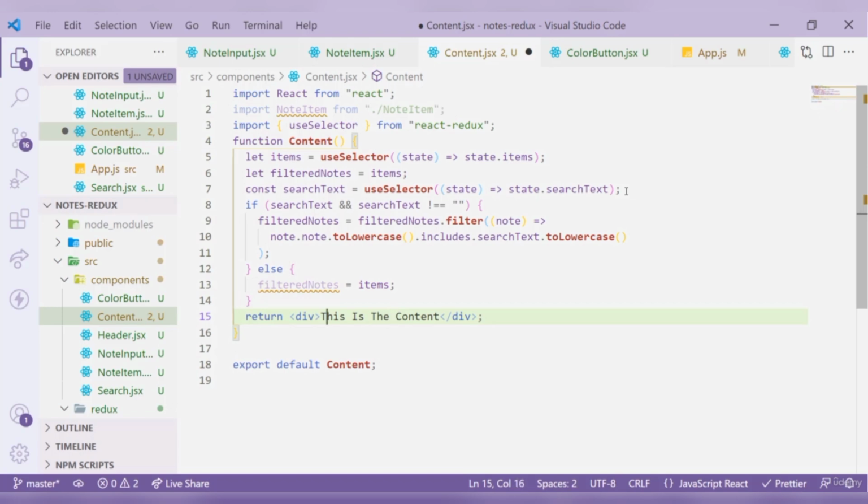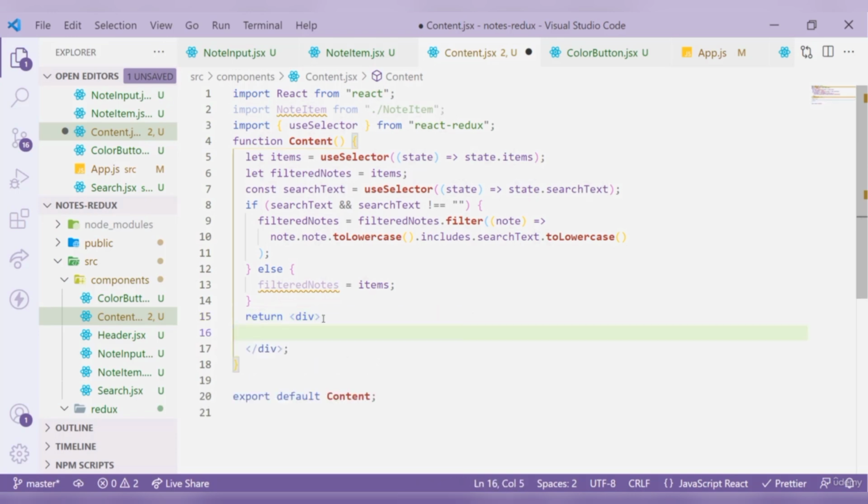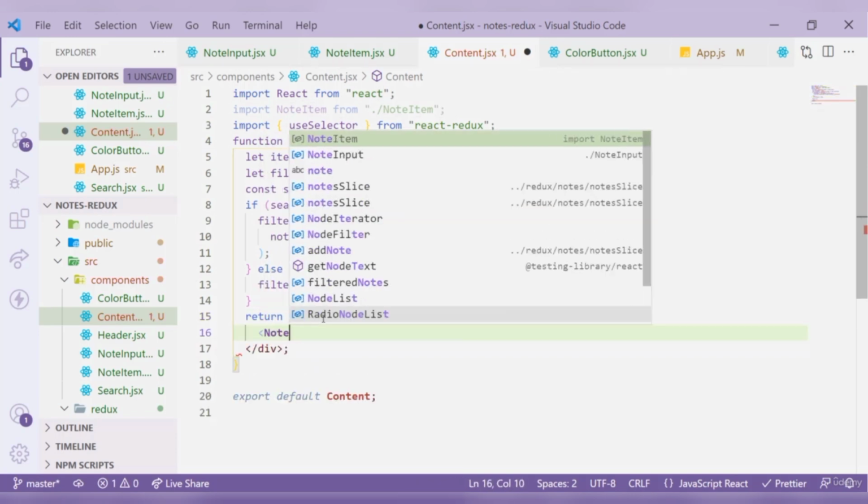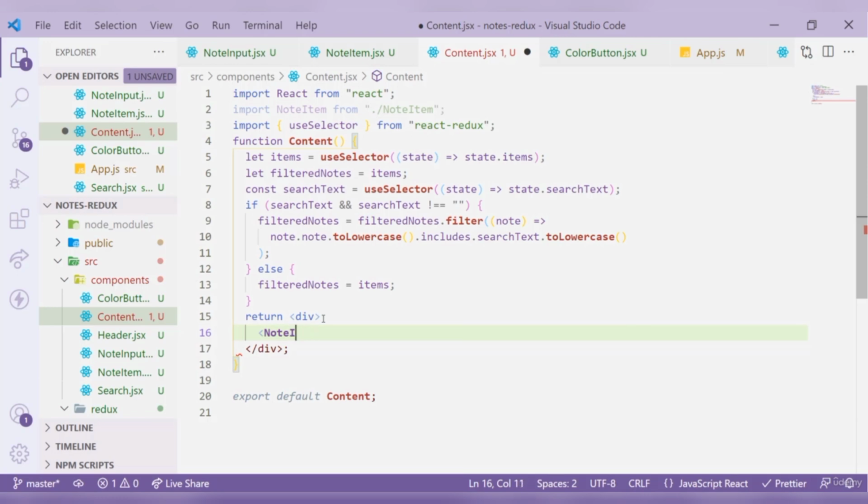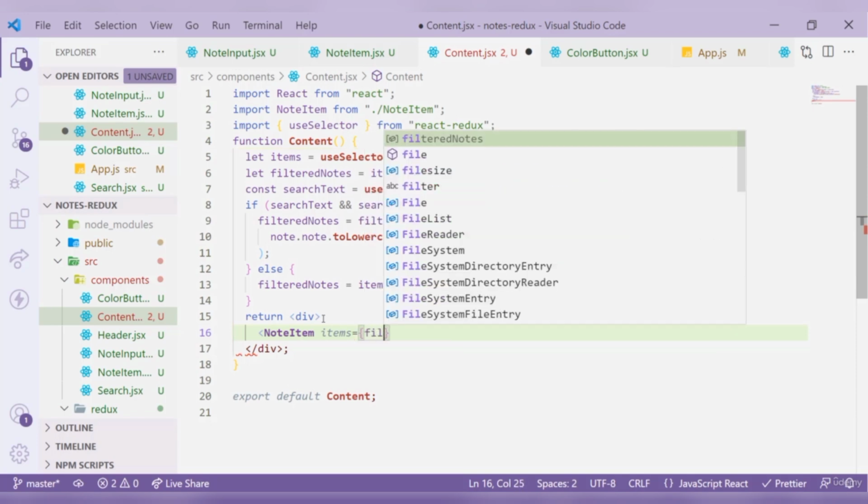Now we'll be passing the filtered nodes, which either is the filtered node which our user wants to see, or the entire set of nodes that we are getting from our data. Then we want to pass this particular data into our node input. So let's call in our node item now. All right, and we'll be passing this particular data. So let's create a prop that's going to be items, and this is going to be equal to filtered nodes,